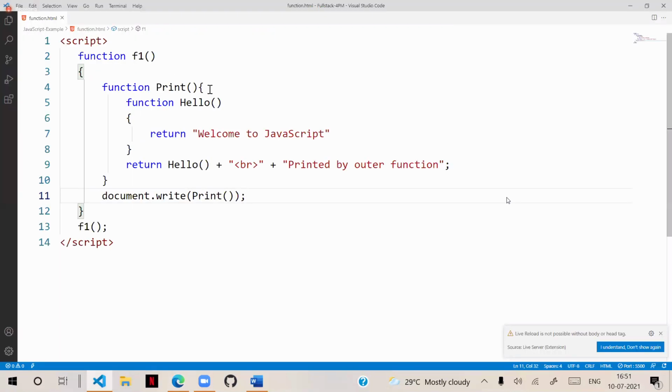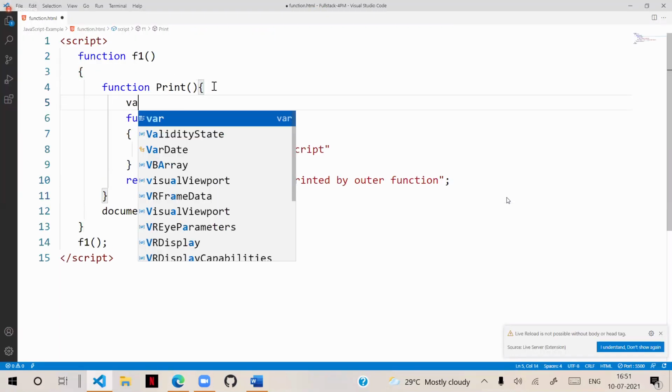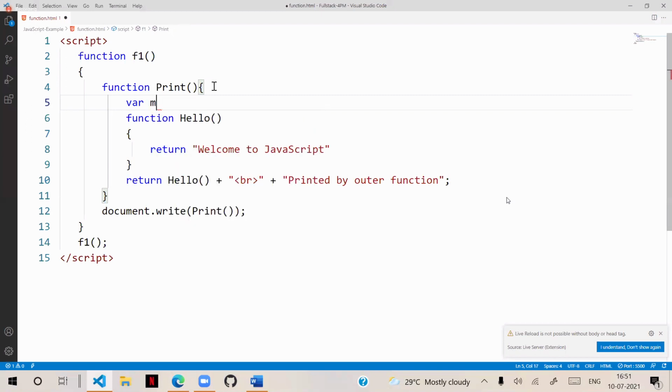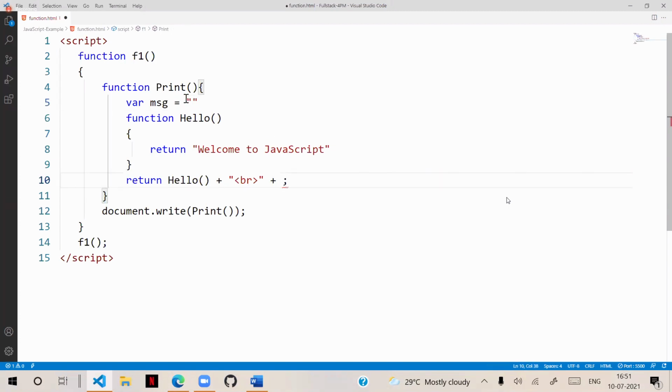Generally, when you declare anything inside the outer function, suppose MSG, where MSG is equal to a value we define, in the message we are printing that value. That MSG is accessible inside the inner function.